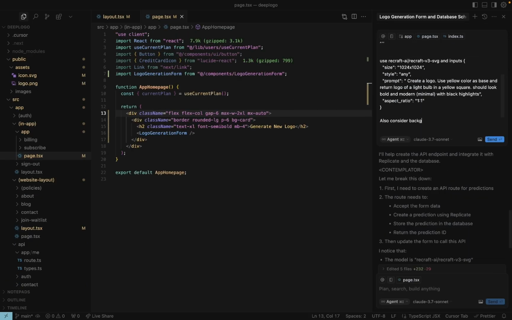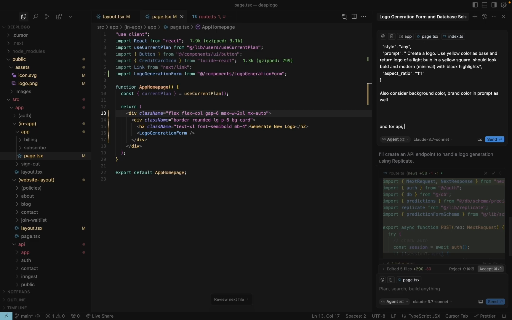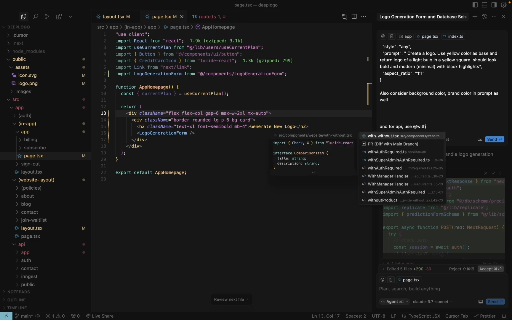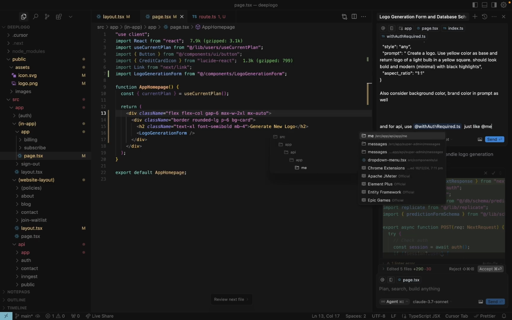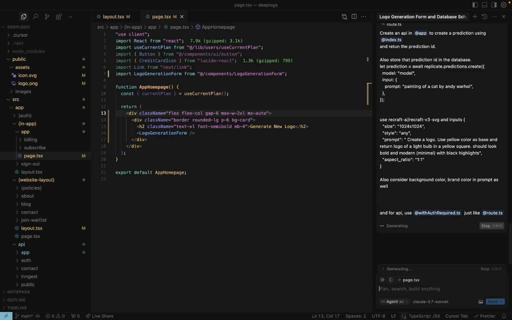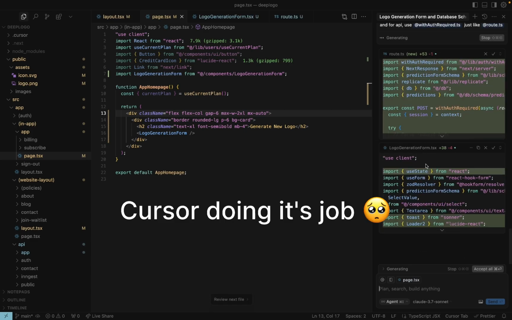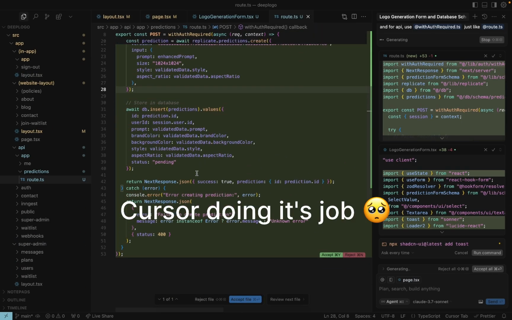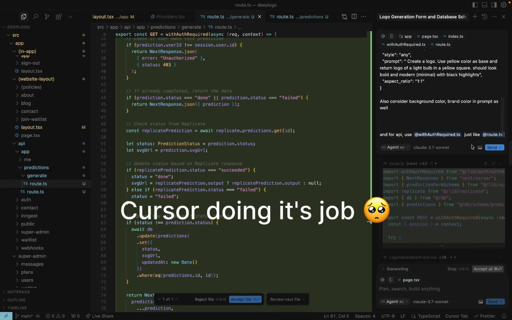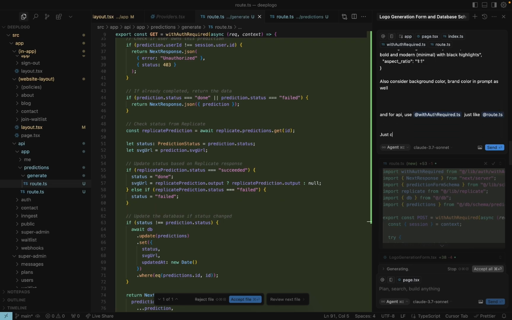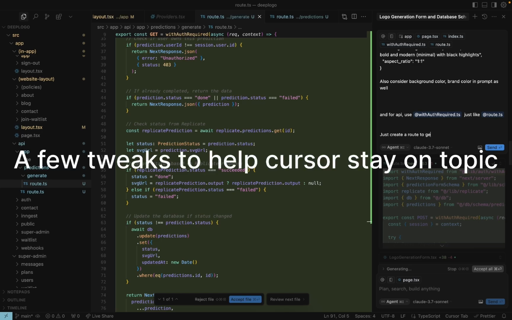Also consider background color, for API use. Do that stuff. Just create a route to generate